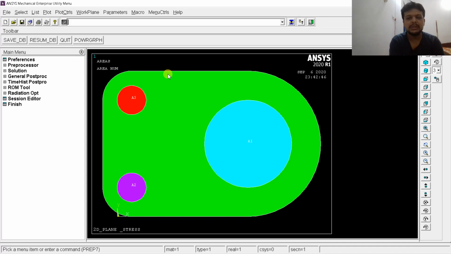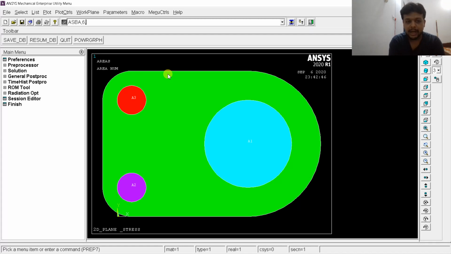Now I have to remove these 3 overlapping parts. So I will use the area subtract command, that is ASBA. A for area, SBA means subtract. Now I have to give 2 inputs. The first input will be the larger area, the main area from which I want to subtract, that is the bigger area of green color. I will give it as 6, because the name of the green color area has been assigned as A6. So from A6 I want to subtract. What do I want to subtract? The remaining 3 areas A1, A2, A3.